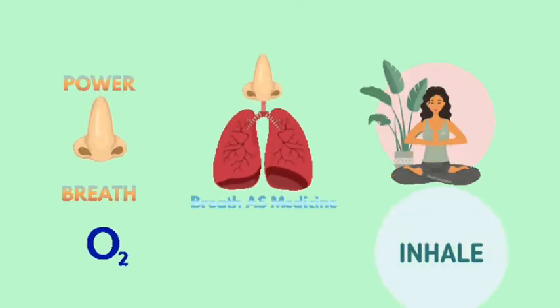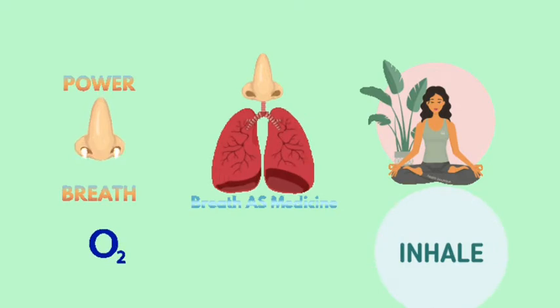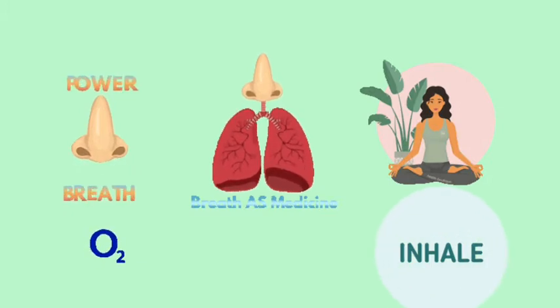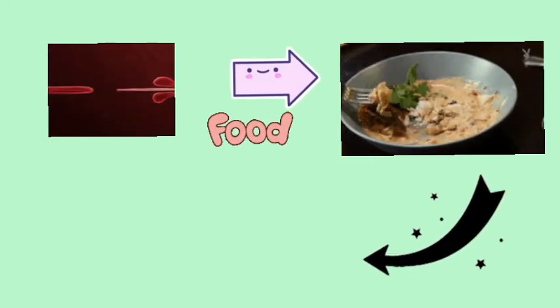We need oxygen to survive. As we are constantly breathing in and out, we take up oxygen that reaches our lungs and then travels throughout our body and reaches each and every cell of the body and gives our cells the ability to break down the food in order to get the energy we need to survive.